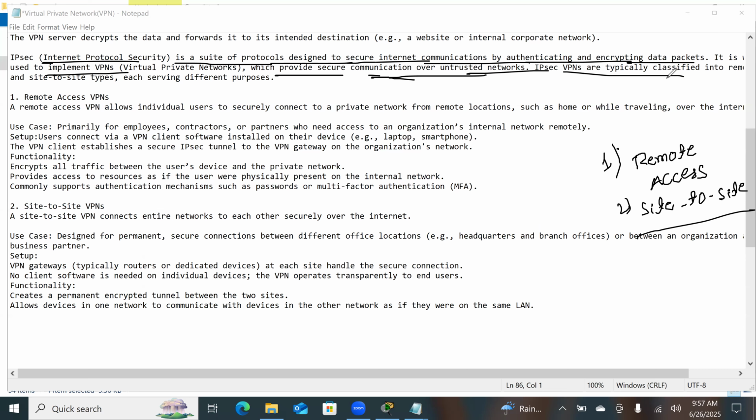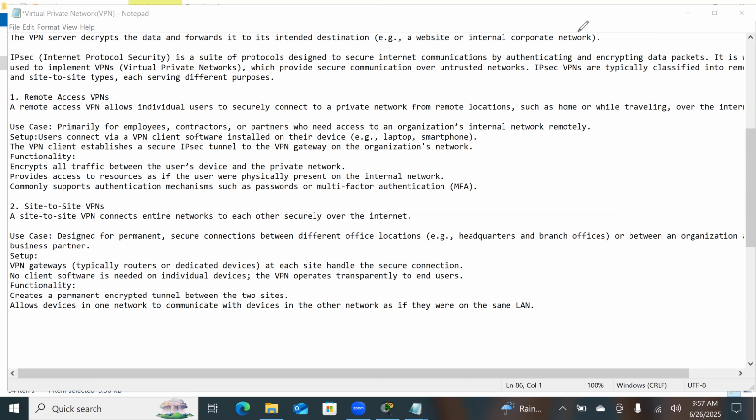VPNs are typically classified into two types. I already said: the first one is remote access VPN and the second one is site-to-site VPN. In the first one, remote access VPN, nowadays during this COVID time, everybody is working from home. So during that, when the VPN got